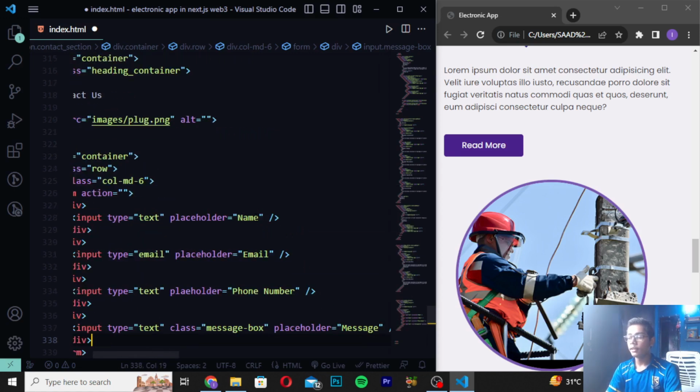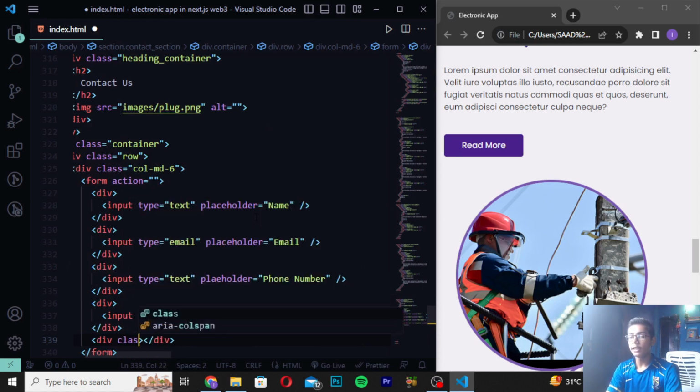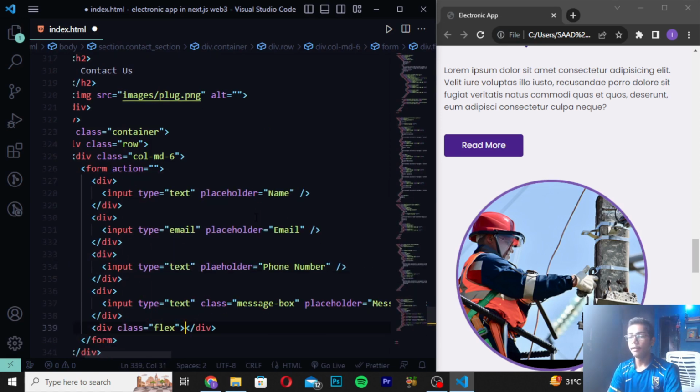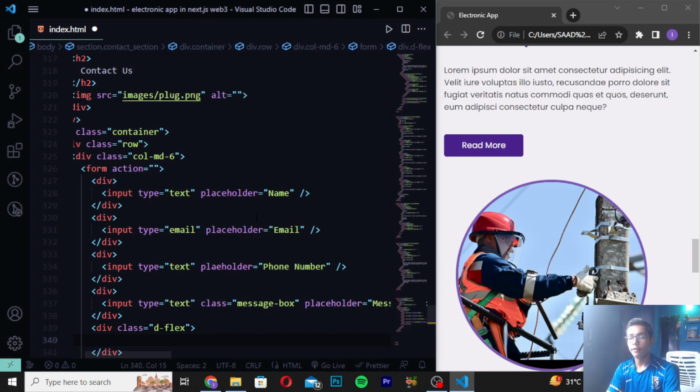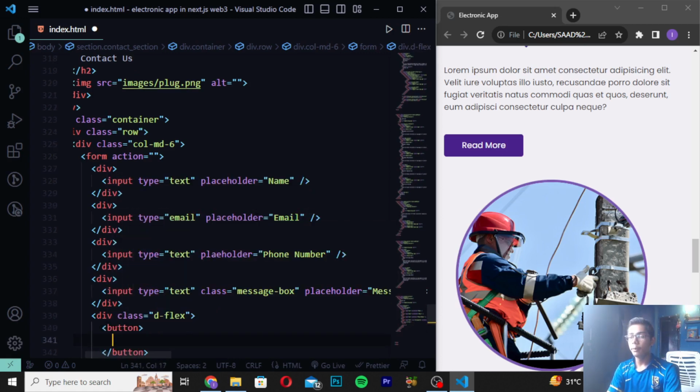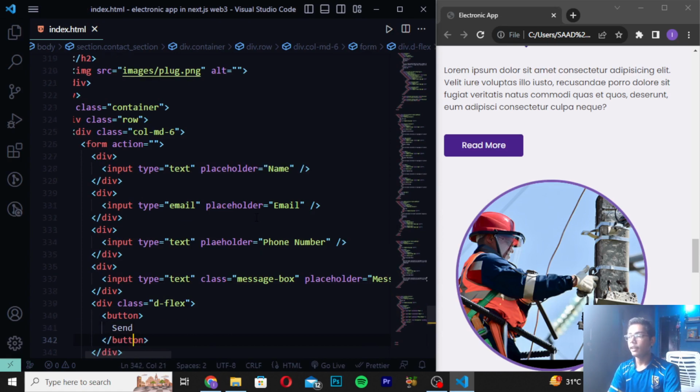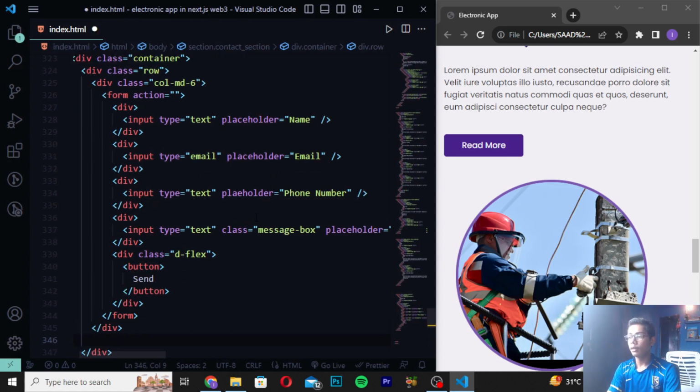Then after writing this, you have to create here div class as flags. And in here, I will be now just doing one thing. I will be writing d flags, which means display flags. Then I will be creating here button as send. Save it here, and then you have to move after the form, close it, and create here div class as